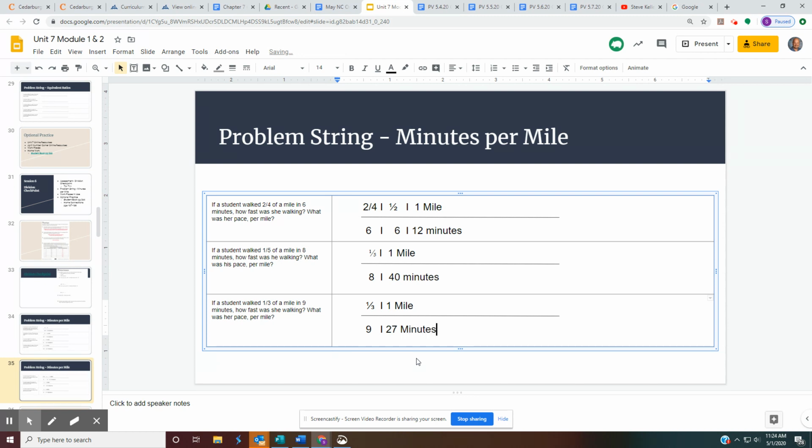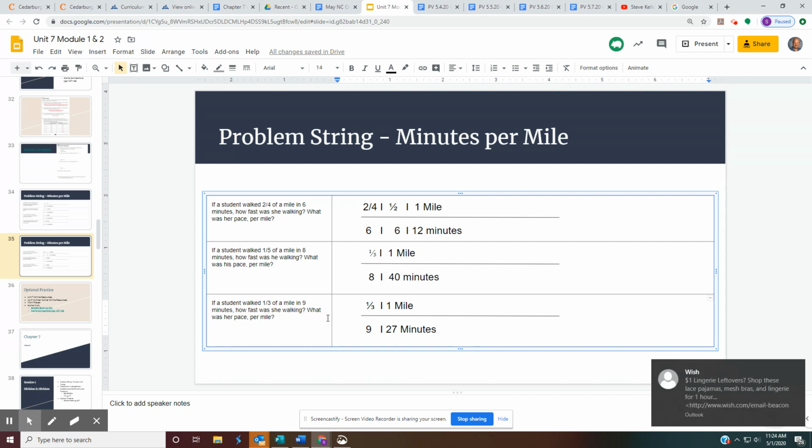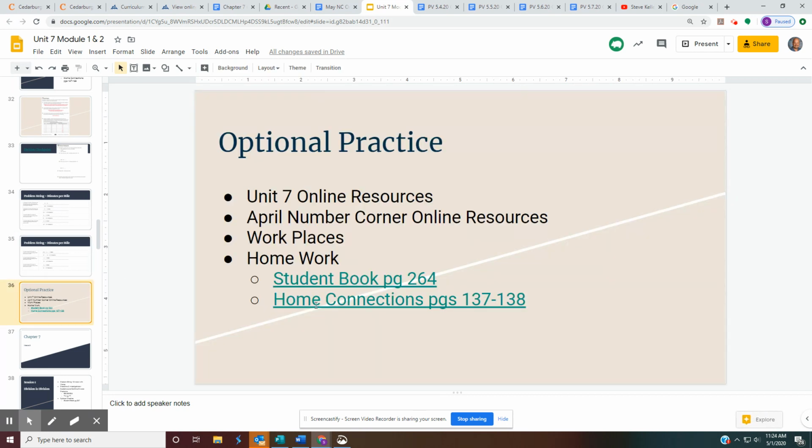All right. Well, that about does it for our problem string today. Understanding and use of ratio tables to help us with division is really nice. Take a look back at your problems. Make sure that everything is done well. When we're done today, if you don't have any questions, and I know you did well on your assessment, your checkpoint today,